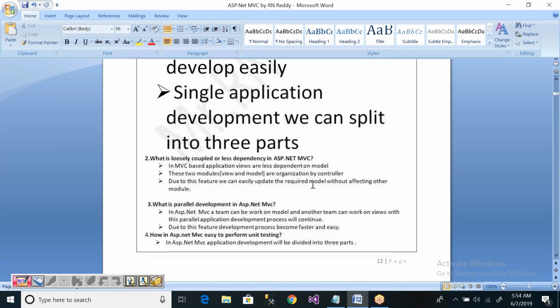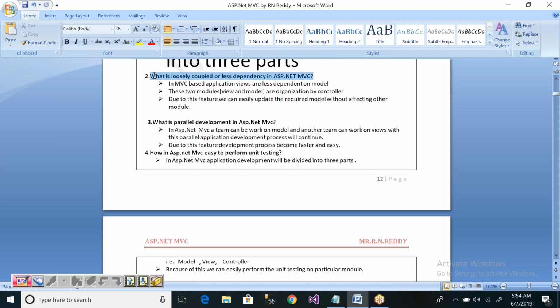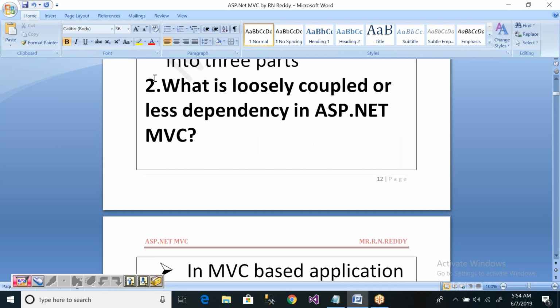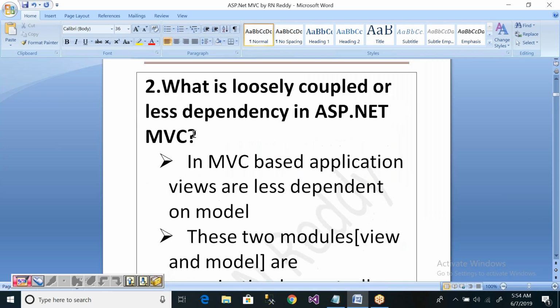Now, the second advantage is loosely coupled. We are preparing one more question: what is loosely coupled, or less dependency, in ASP.NET MVC? ASP.NET MVC has a feature called loosely coupled.